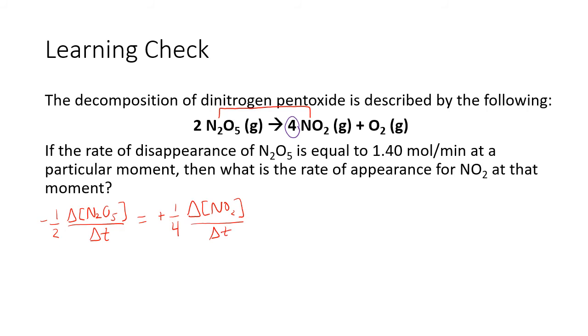We know the rate of disappearance of N2O5, so we know what this fraction is. This is equal to 1.40 moles per minute, but we want to figure out what the rate of appearance of NO2 is. So we're going to rearrange and isolate this fraction. So we'll divide both sides by 1/4,